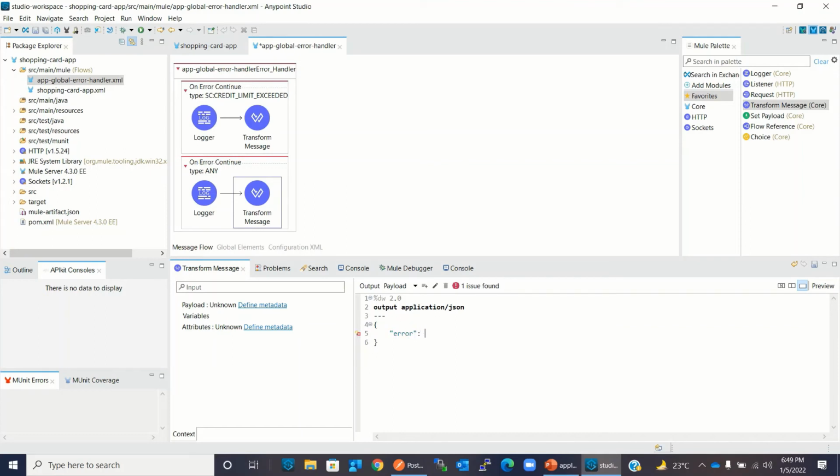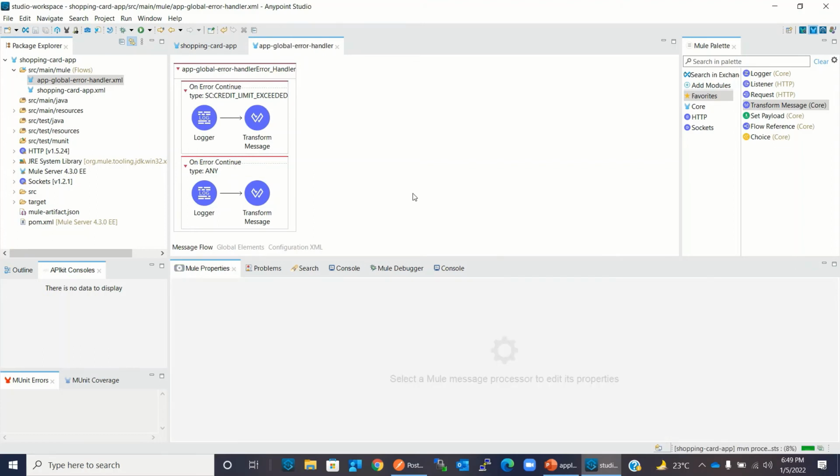Error has occurred. So in this application global error handler, we can add more on error components based on what all the error types you want to handle from the application global error handler. But for this demo, I'm keeping this to these two on error components.